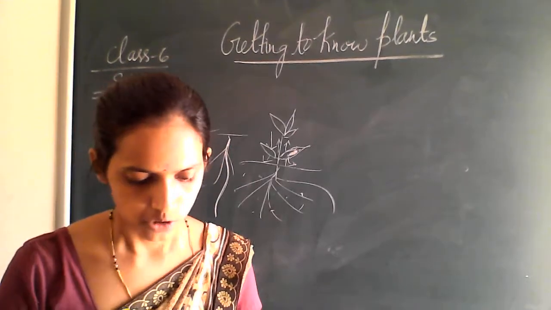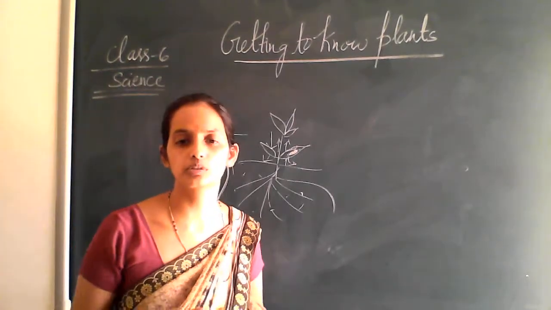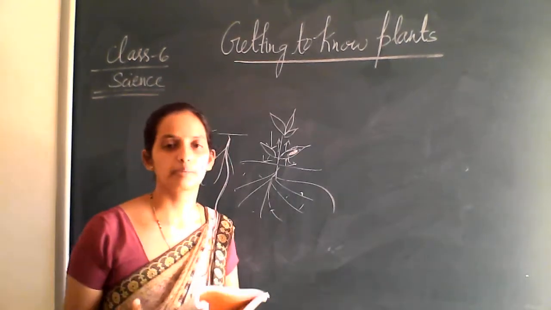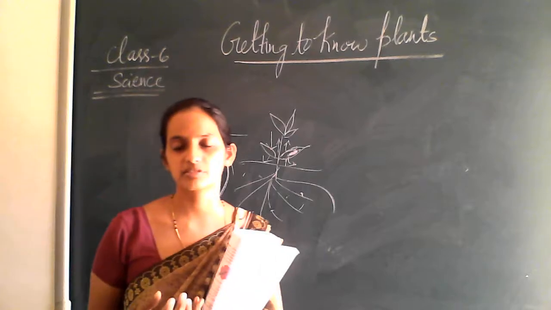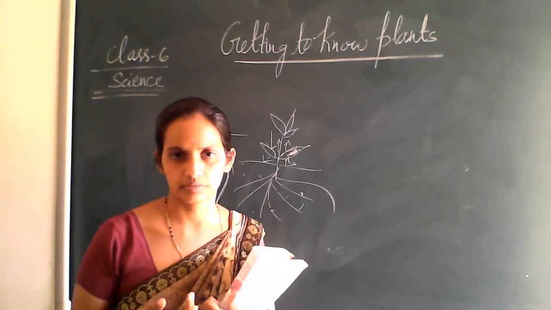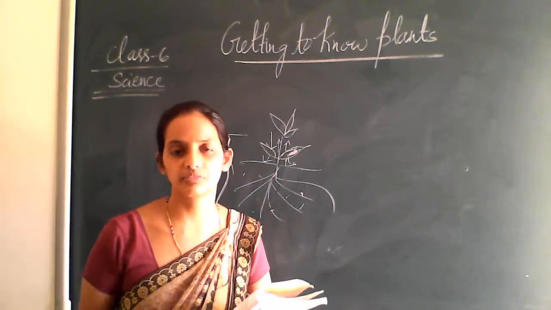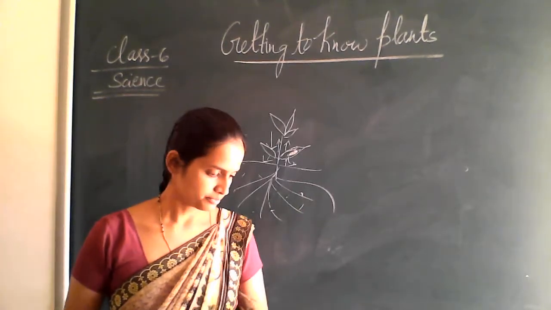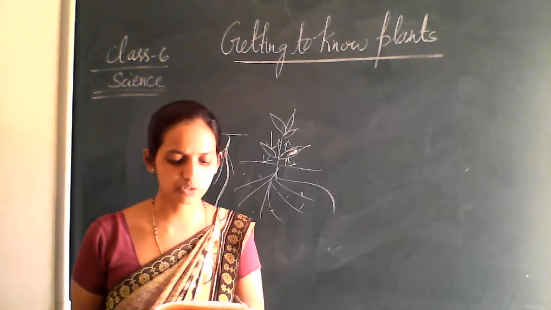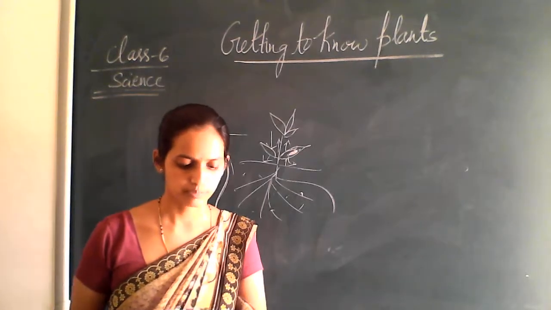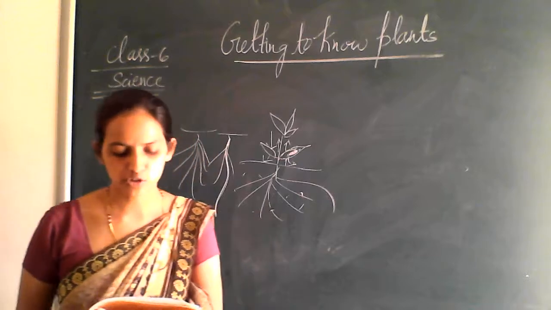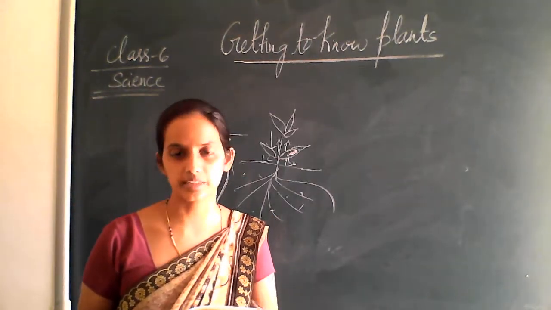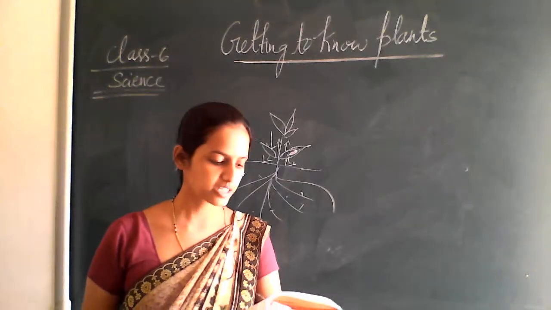Then, in today's class, we are going to study about the flower. Okay, so the stem part we have studied, the root part we have studied, and the leaves. Right, now moving to the next part of the plant, that is the flower part. Okay, so you are shown three branches of a rose in figure 7.19, that is A, B, C. So can you see the image? That is figure 7.19.